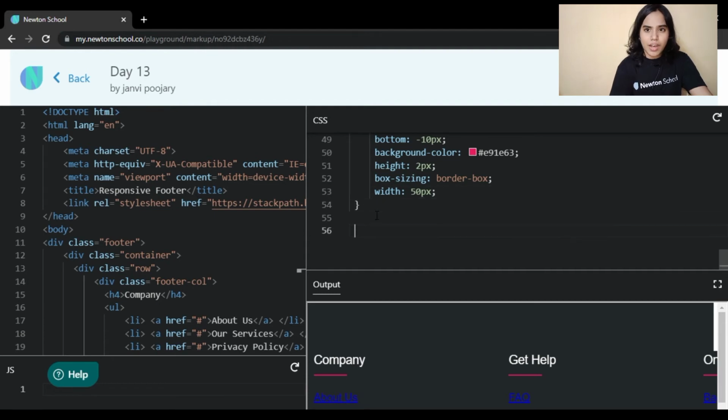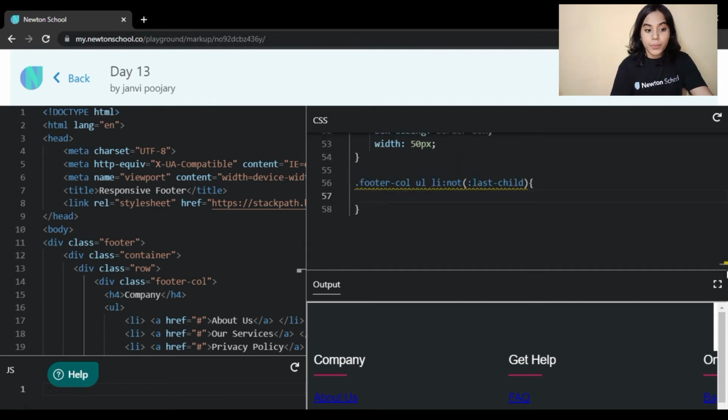I said not last child because I don't want the margin bottom on the social icons. I just want the first three rows to have the margin bottom, not the last one.